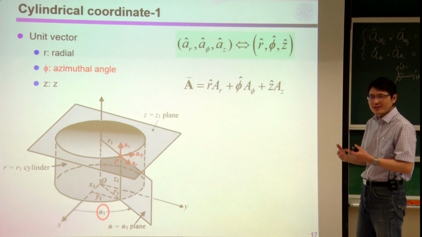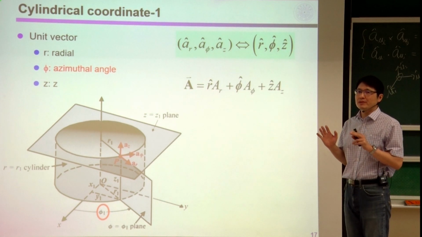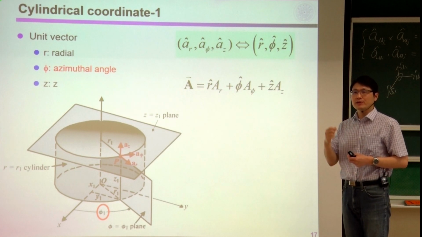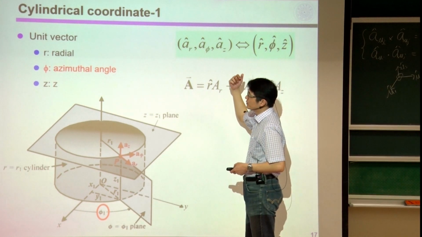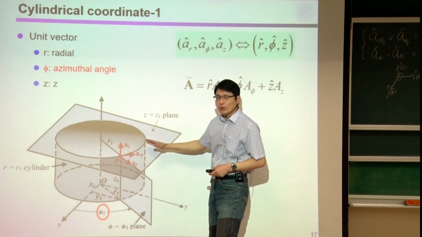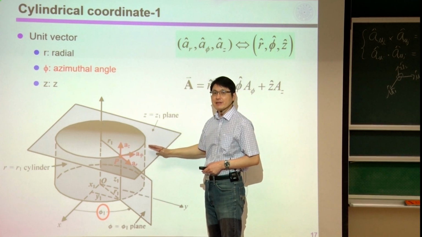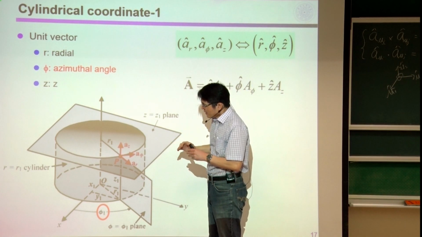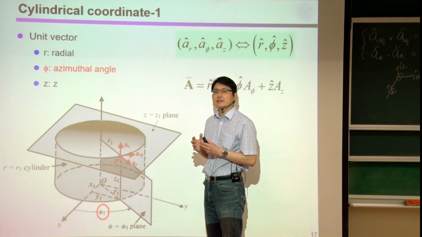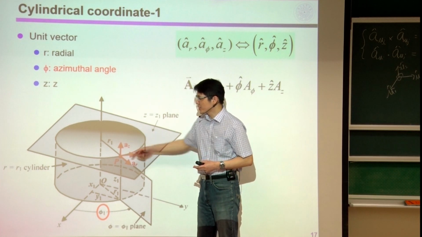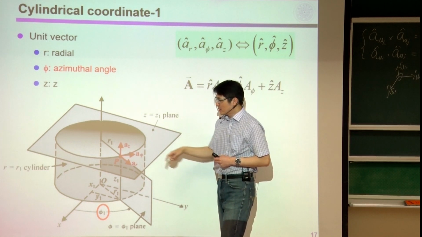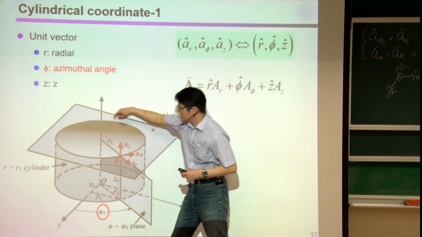Oh, this is slightly tricky, but you have to remember, my methodology is I'm trying to emphasize differential length, differential surface, and differential volume. But before we do that, a formal definition of cylindrical coordinates. When we talk about cylindrical coordinates, we are talking about some cylinder-like object, like a tube. Okay? So any point on the surface of a tube